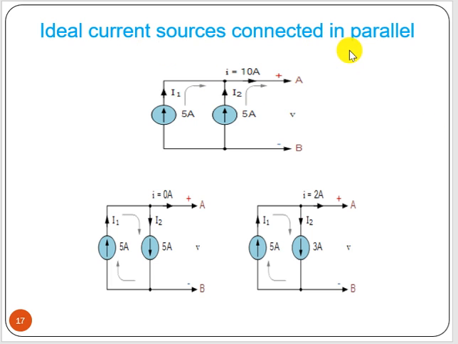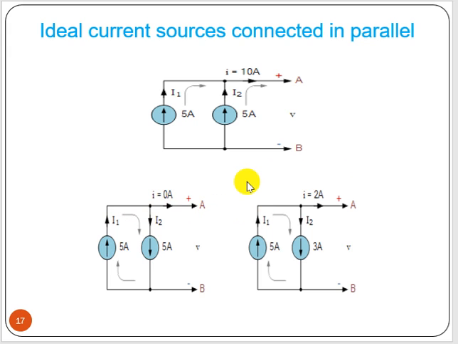Now for ideal current sources, addition or subtraction of current can happen when they are connected in parallel. Okay. So when connected in parallel, what happens? 5 ampere current, 5 ampere current, and at this node, these two 5 ampere currents add up and 10 ampere leaves from that particular point or node. Now this is 5 amp and here it is 5 amp. This is going up, this is going down. Here after that what will happen? Here the resulting current will be 0 ampere, right? 5 and 5 are going here, so 5 minus 5 is 0.